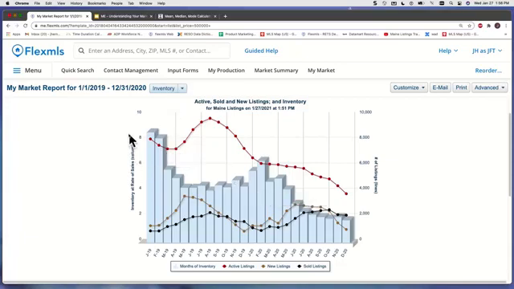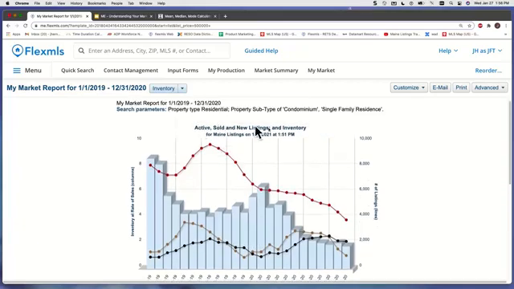So it's important to pay attention to the labels on the side axis, on the bottom axis, the key at the bottom, and of course the name of what's up here. In addition to that, we've got our search parameters displayed at the top as well. So just a little bit more complex visually when you're looking at this,